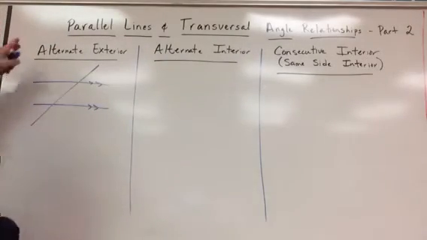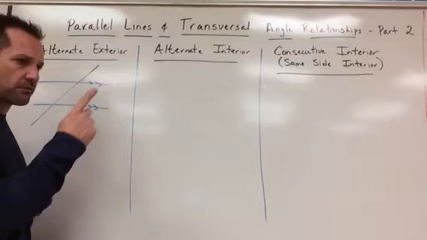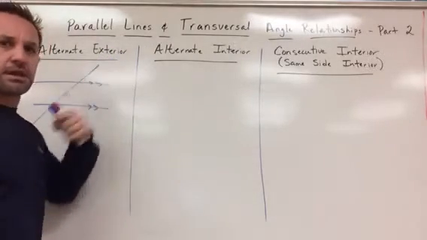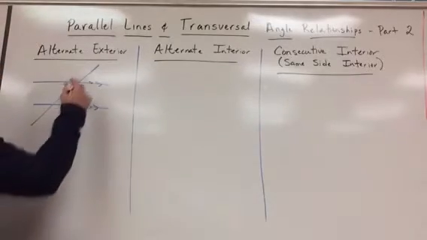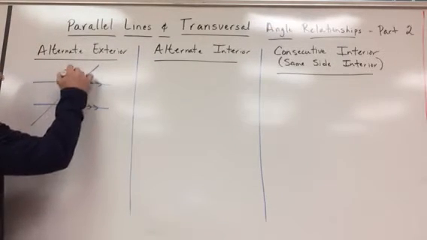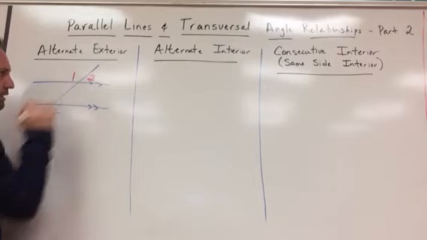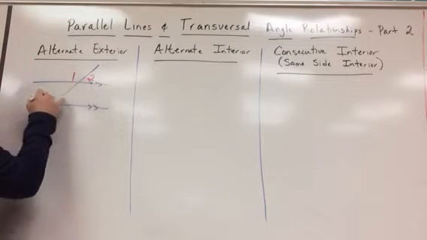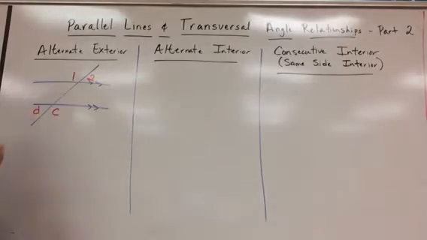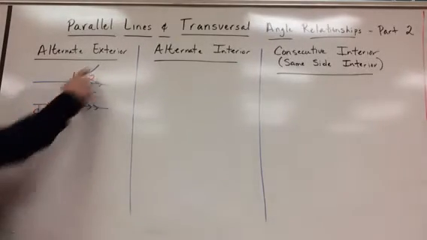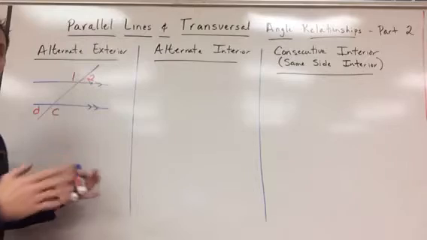Let's think about this. Alternate: opposite sides of the transversal. Exterior, where are the exterior angles? They're on the outside. So, I am only going to write the exterior angles. 1 and 2. Then we did 3 and 4, and then we did A and B, and we're going to do C and D. Okay, so now that we have just the exterior angles, because that's all that it's telling us to get,